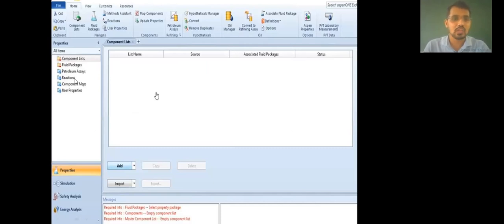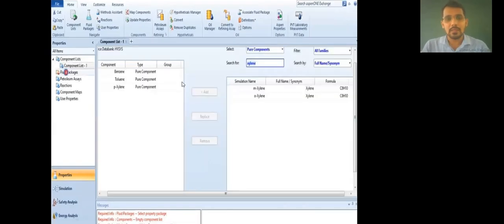After that, reactions: whatever reactions are involved in your process, you can add here. Then component maps, which are not necessary in this simulation. And user properties: if any basic properties are given by the chemist, you can add those here. After that, you will see how to add components.